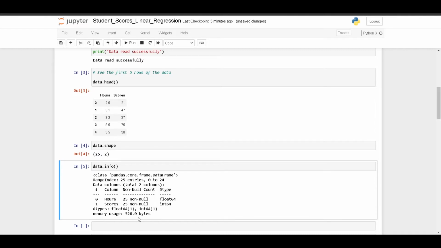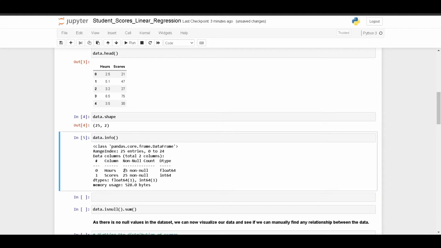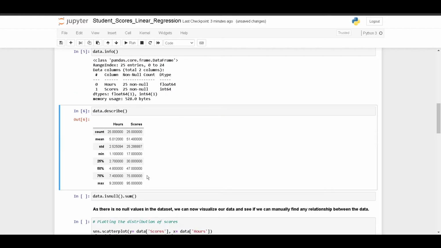It has 25 non-null rows. The hours column is a float data type and scores is an int data type. And we can also look at some mathematical values using the describe function. The describe function gives us values such as count, mean, standard deviation, minimum, maximum, and the intermediate values as well.